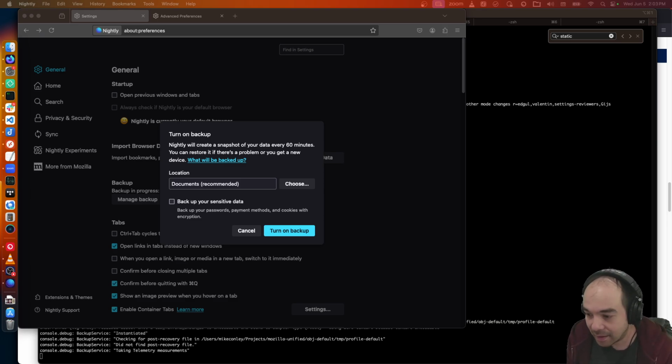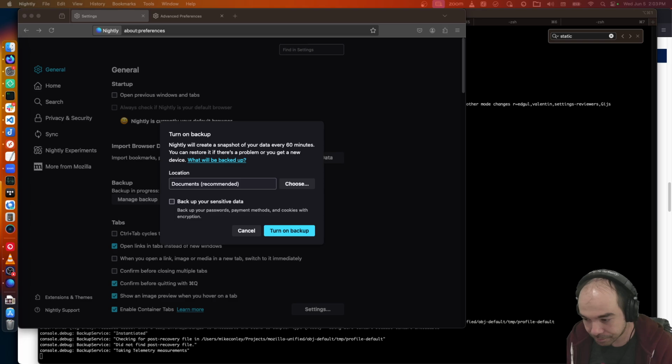Getting a user to go to About Support and say, okay, now show Finder, and then find the folder, and now make sure Firefox isn't running, and then copy the folder. Yes, it's hundreds of megabytes. Move it over there. And then to restore it, you have to create a profile in the new machine, copy the contents of the old profile into that. It's a mess. It's really, really hard. And we're trying to make that a lot easier.